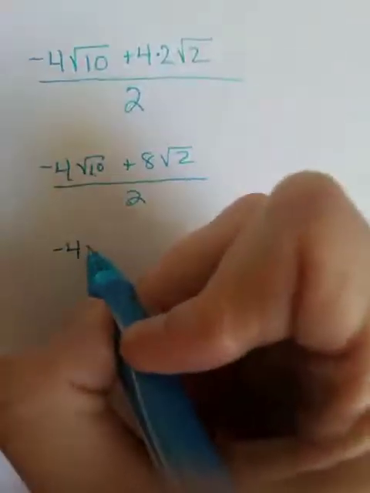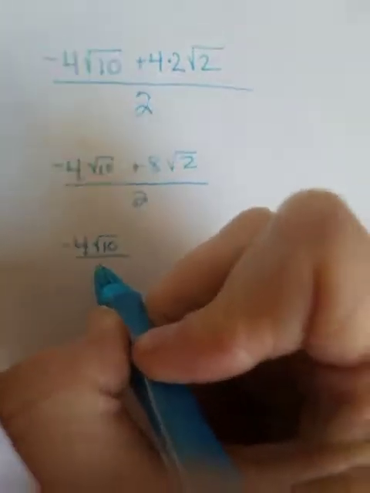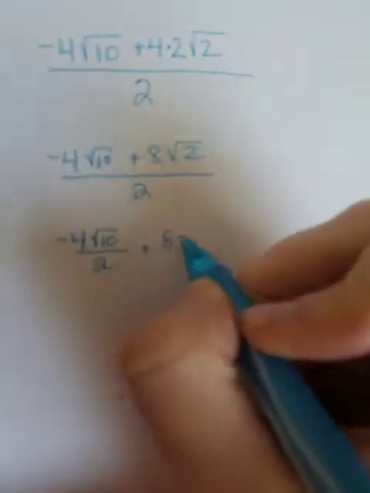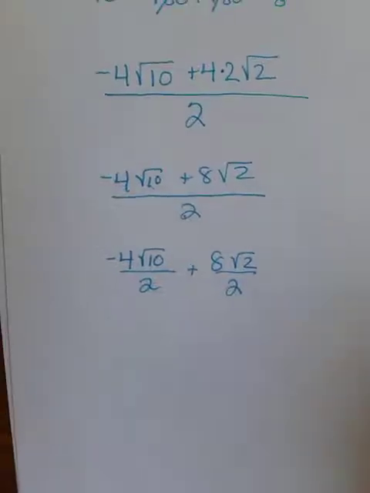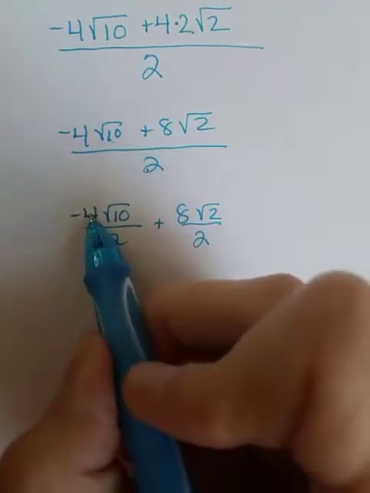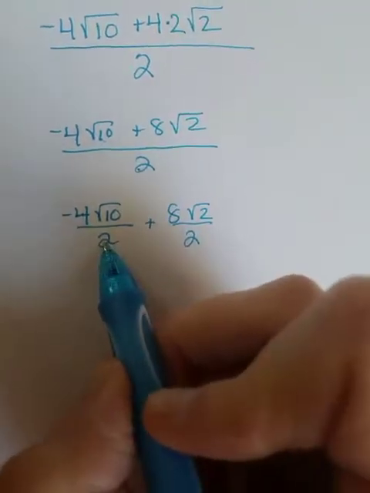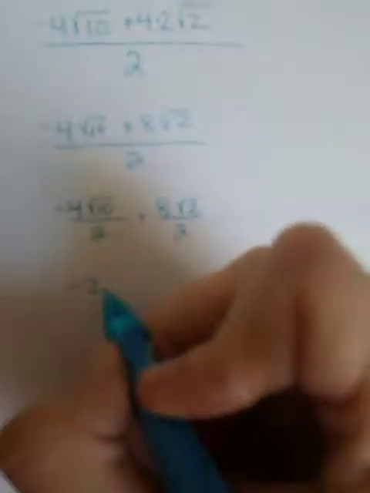What helped some of you last time was to realize that this is really two fractions being added together. So if you need to see that step, I know some of you write that out, kind of like when we did the quadratic formula. Okay, and this is where you say, well, -4 divided by 2, well, that's really just -2 and then the